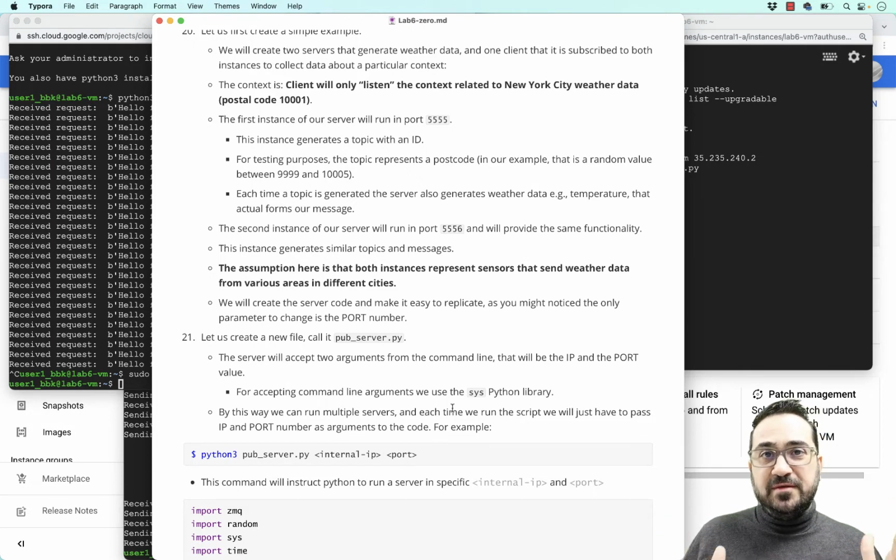The assumption is that the servers are sensors that generate data, and every sensor generates, for example, data for specific postcodes. Our goal is for our consumer, or our subscriber, to subscribe only to data from New York. So again, the 2 servers will generate weather data with some postcodes, and then the client will connect to both servers and say, I expect data, please give me data only for this postcode that is New York. So we extract specific data from our servers. But I can have multiple servers. For example, I can have multiple sensors in New York, and I can be subscribed to take data from different sensors.